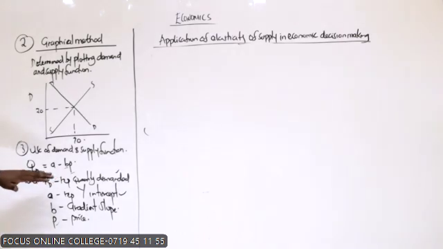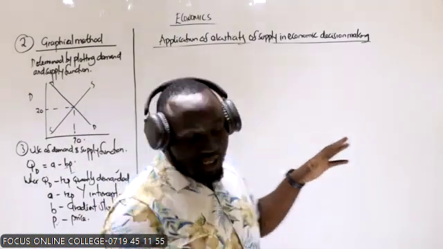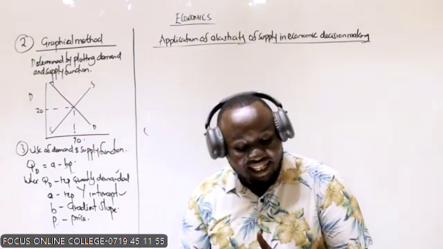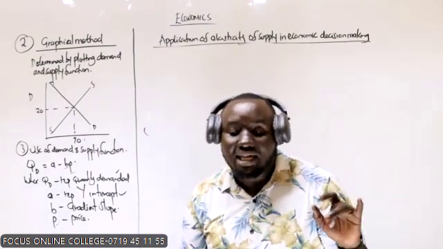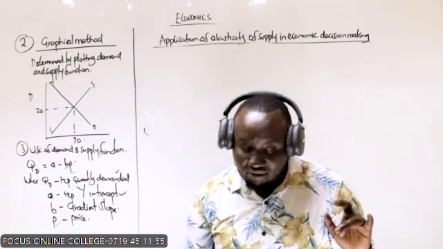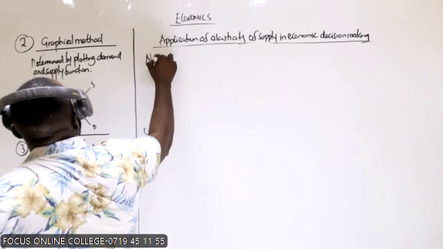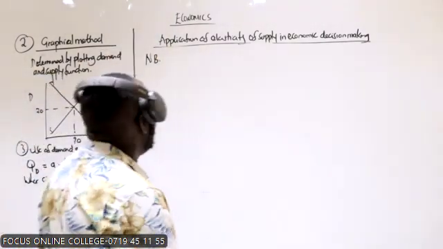So look at the questions that are basically in an examination. An examiner will always ask you which one is the demand curve and which one is the supply curve. So I put an NB: a demand function